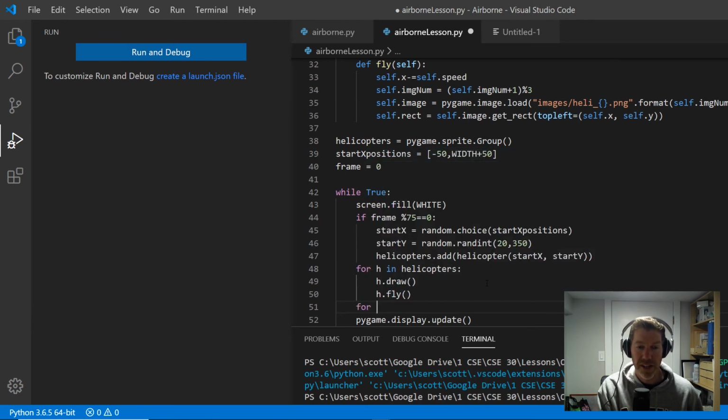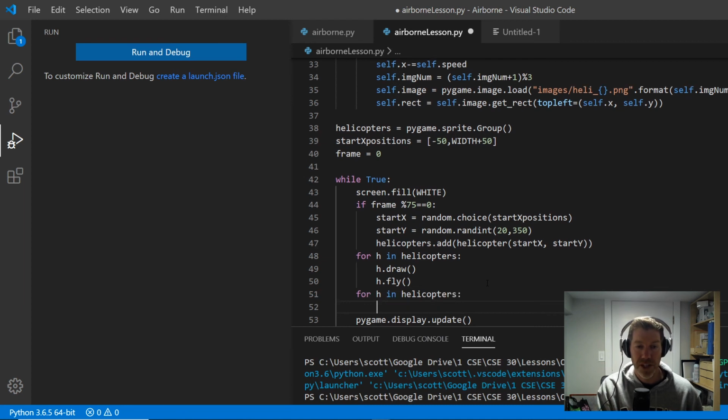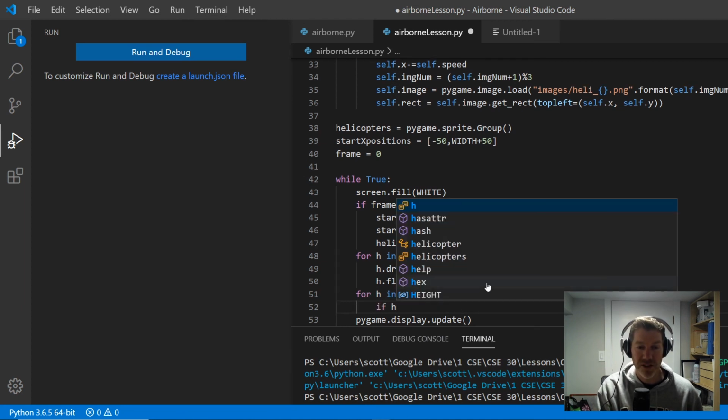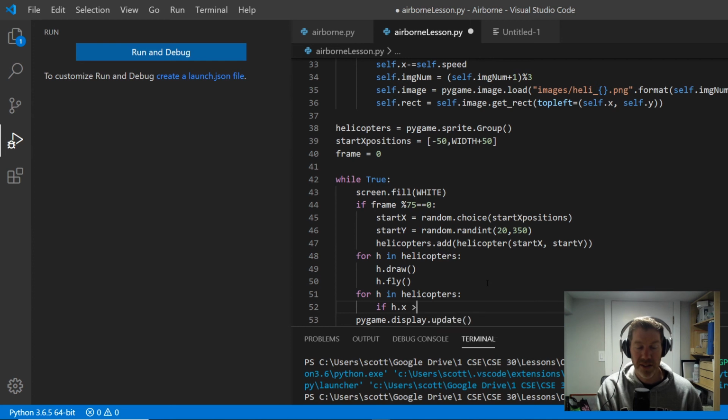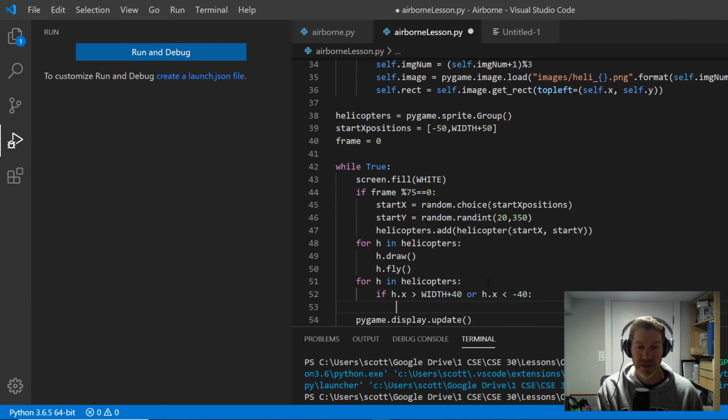And then finally, I'm going to do another one for h in helicopters if h.x is greater than width, let's say plus 40, or h.x is less than -40, then